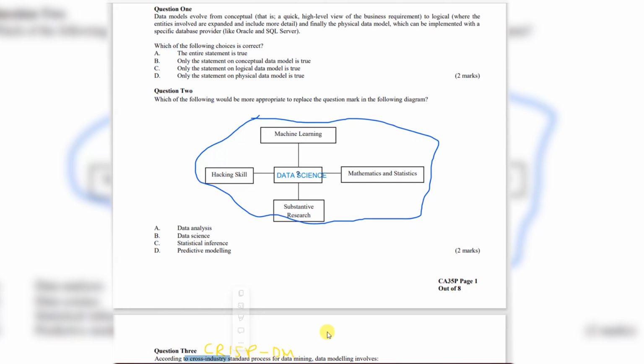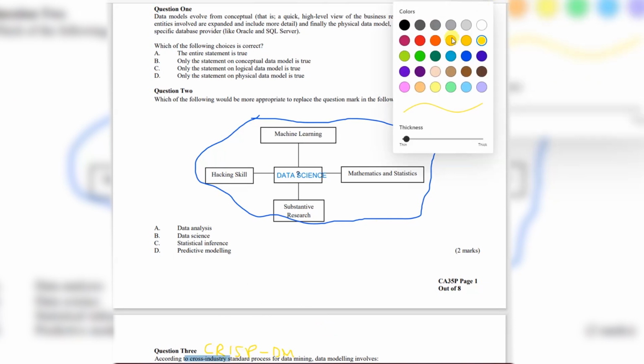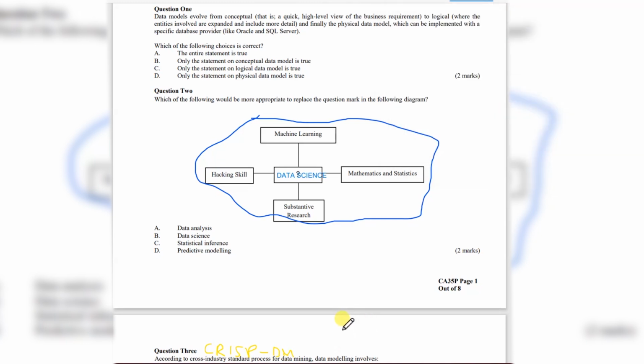The CRISP-DM model is not the only model candidate. There are other models like the one that can be abbreviated as SEMMA. S stands for sample, E for explore, M modify, M model, then lastly assess. Now it's worth noting, candidates, that the key thing in this question is data modeling, because it really doesn't matter what CRISP-DM says or what SEMMA says. The definition according to cross-industry standard process for data mining does not actually change the act of data modeling,